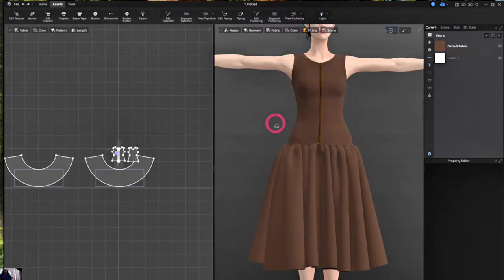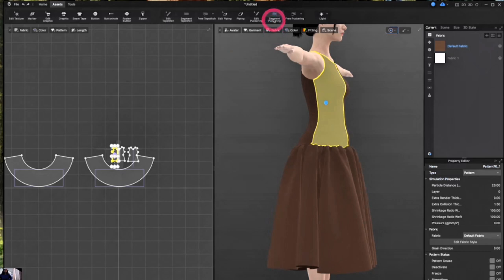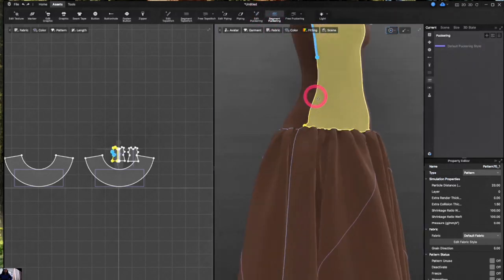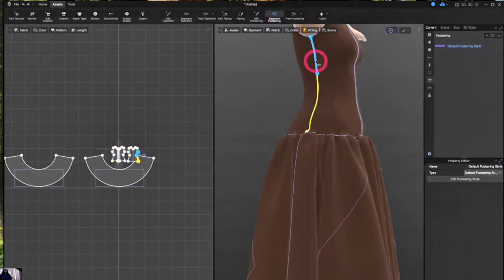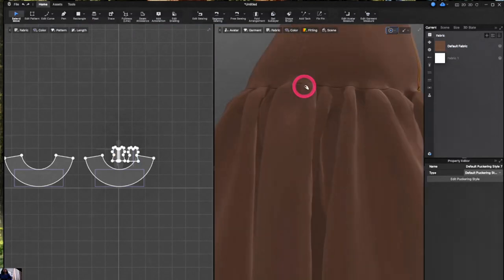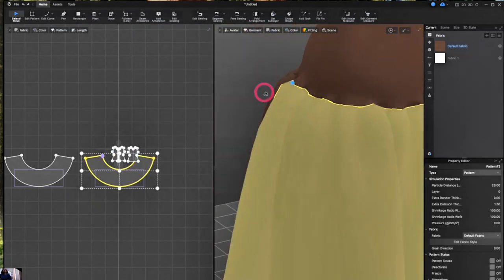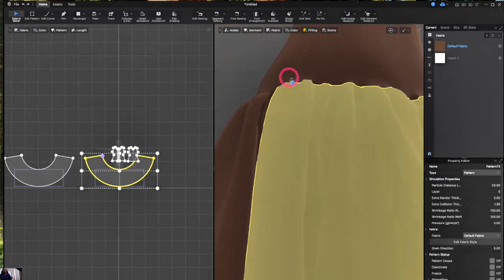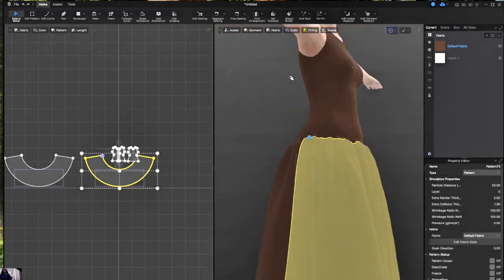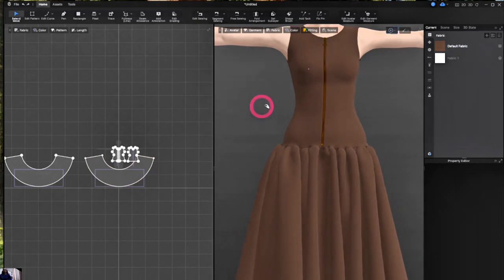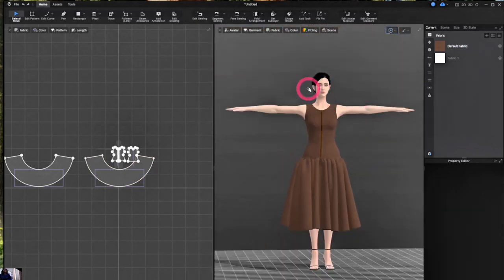Puckering is when something looks like, for example, if I said puckering here, let's go back. You see that? There is that realistic feeling on the side, like, you know, that's puckering. So I'm going to give the top